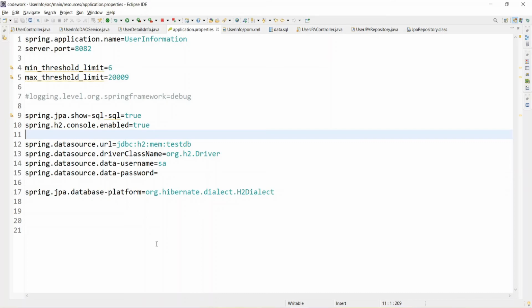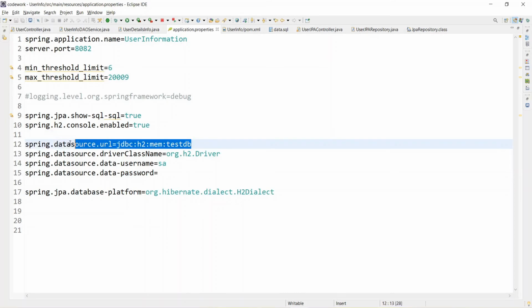I have shown you only the H2 database, and this needs to be, while practicing, this needs to be also added. Otherwise the URL will be created new every time after restart or after recycle of your service. So instead of changing again and again, you can put these lines of configuration to make it consistent, to make this URL permanent.